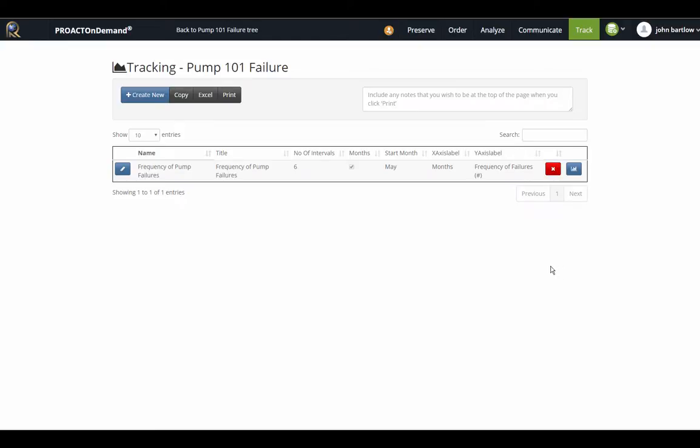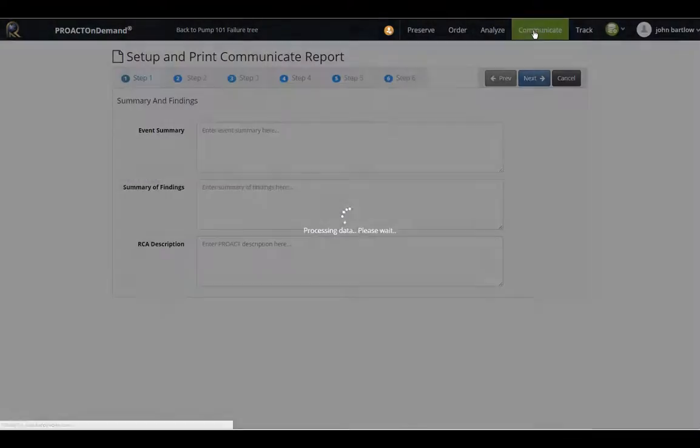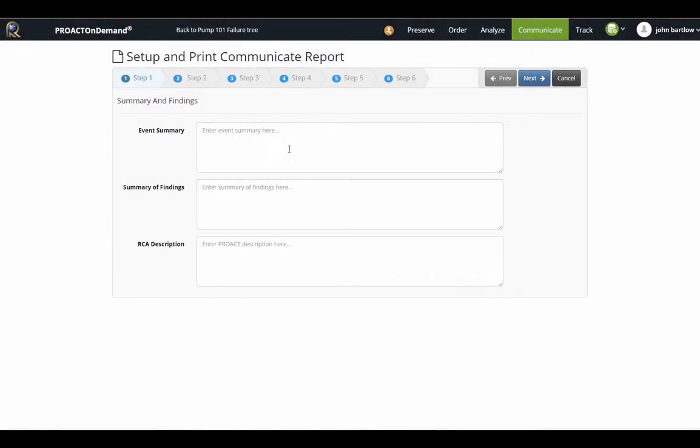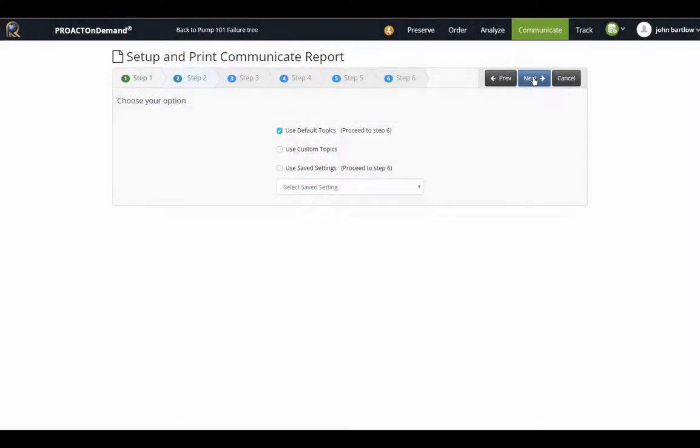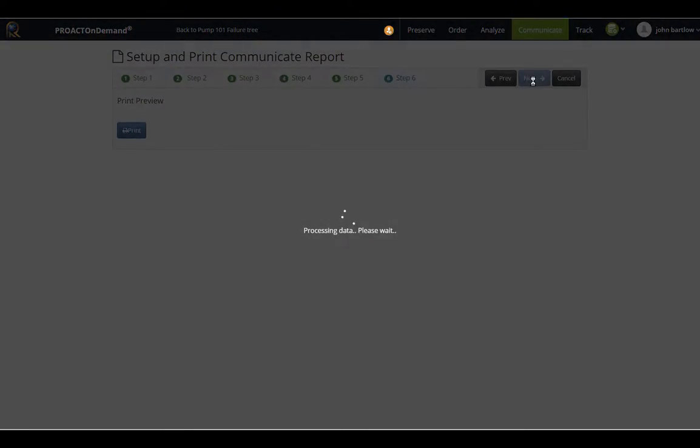And then once we have completed our RCA, we can also generate our final report in the Communicate section. Here in the Communicate section I can type up an event summary and a summary of the findings or a summary of my root causes. Go ahead and click Next. If I would like to use the default report topics that PROACT provides, I can click Next and it will generate my report preview. Or if I would like to use custom topics, I can go through the steps in choosing those and maybe saving my report settings to my liking. But for now, I will just click Next for the default topics, and it will be bringing up a preview